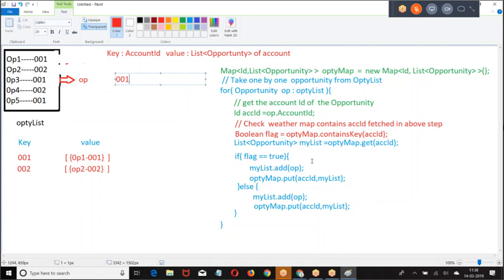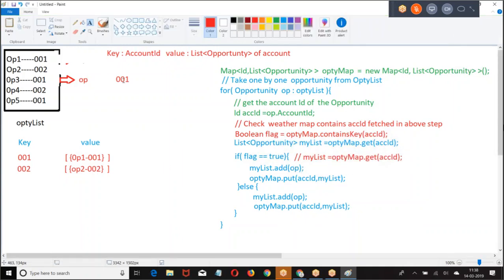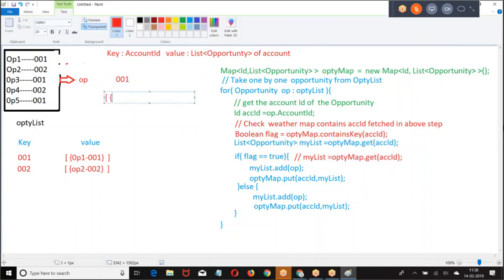I made a small mistake here. What was the mistake? My list equal to OptiMap dot get. First, when the key is there, based on 001, get the value. What is the value we received? We received this one. Once you received, then I told my list dot add opportunity.